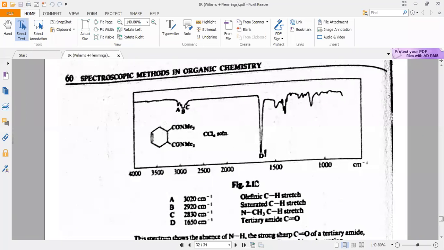But having only one intense absorbent, D, which is a carbonyl imidic, appearing around 1650, right? So this is the imidic carbonyl appearing in this case, but there is no other such absorbent. These are all fingerprint region, which are carbon carbon single bond, carbon hydrogen single bond, carbon nitrogen single bond, carbon oxygen single bond, etc. are appearing in this region. This is the fingerprint region, in fact.